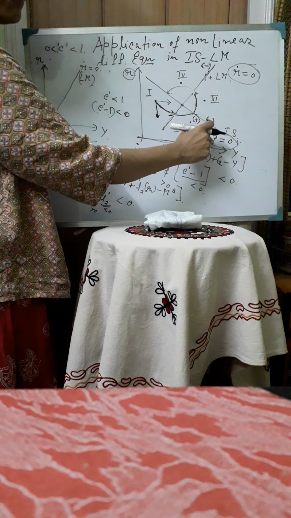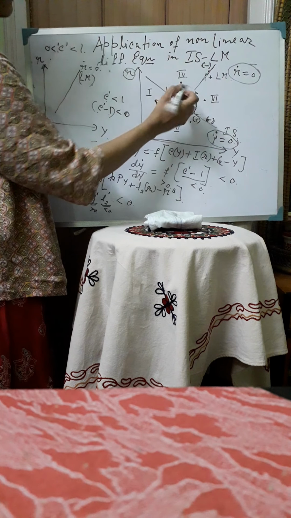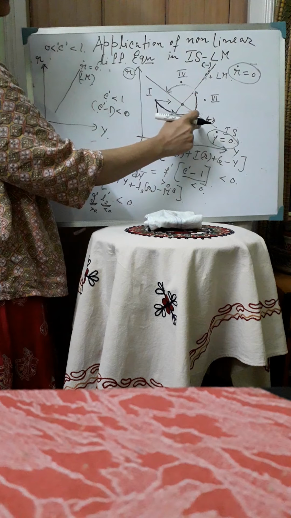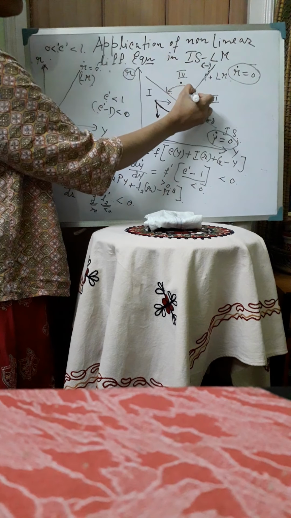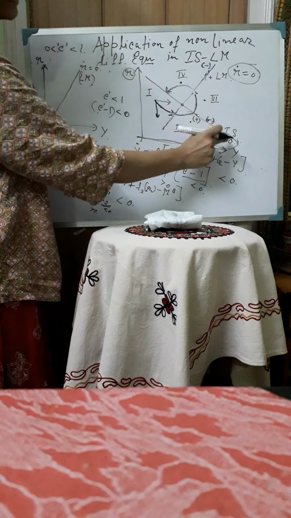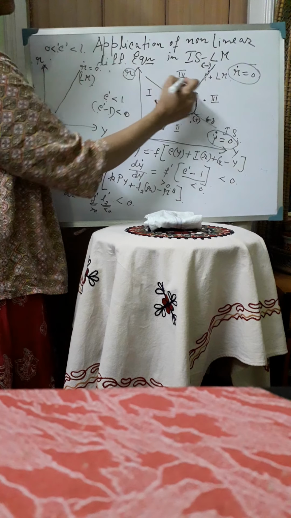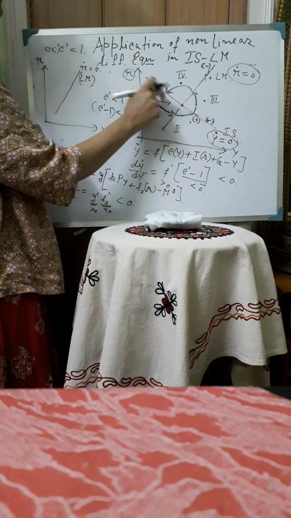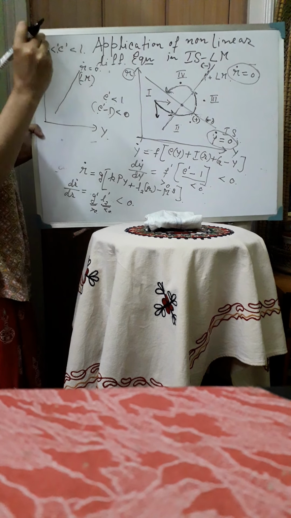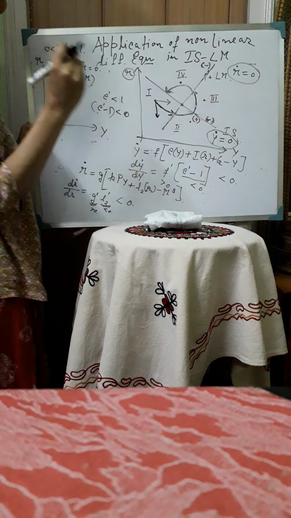Now how will Y dot rise? If we decline the value of Y. So therefore the time path will move this way, and again it will hit the IS curve here at this point. Now once the time path or the streamline hits this IS curve, there will be equilibrium in the goods market. Then we have to restore the equilibrium in the money market. So there will be change in R, so that money market equilibrium can be restored.